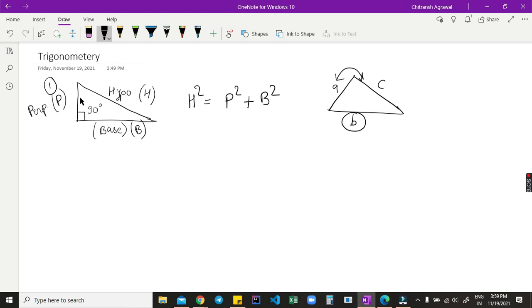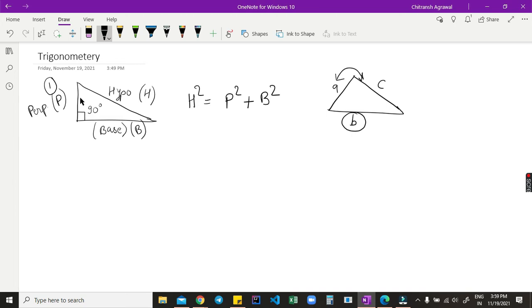So for the right angle triangle, if we can find some ratio of the sides, then we can calculate the remaining angles or sides very easily. Based on this basic understanding, there are some ratios in trigonometry. So what is a ratio? A ratio is a unitless quantity. It can be a ratio of two same things for understanding. Like in the case of a triangle, it can be a ratio of the two sides, or it can be a ratio of two angles.